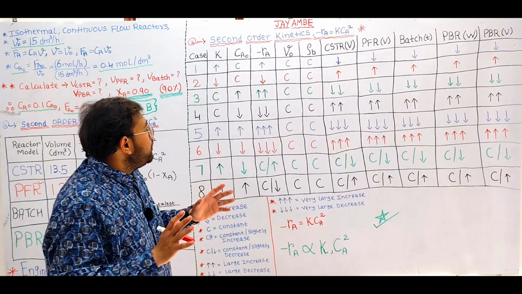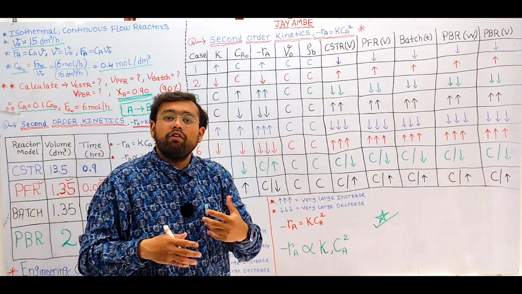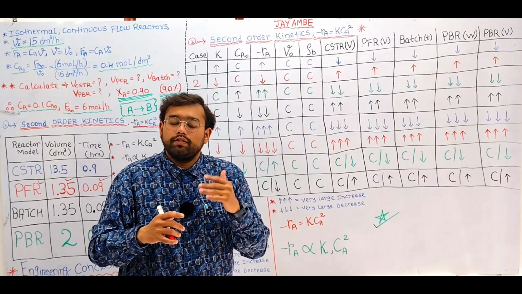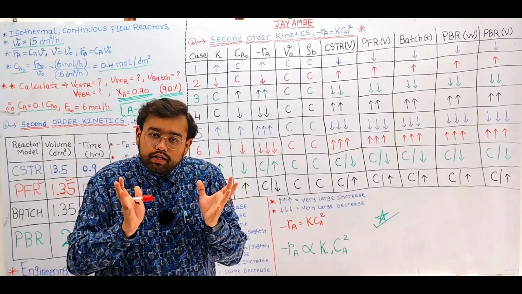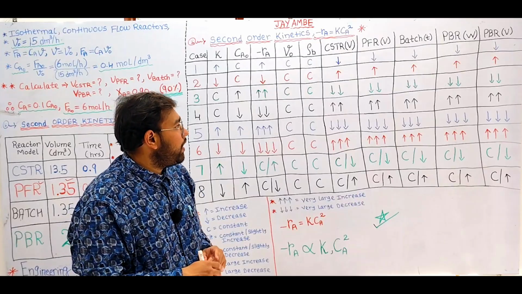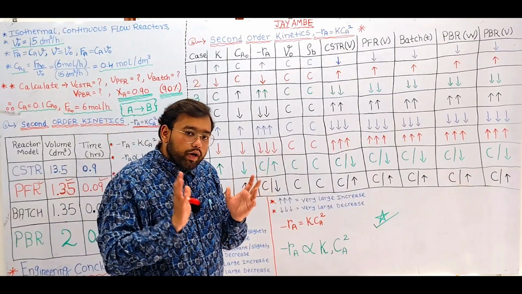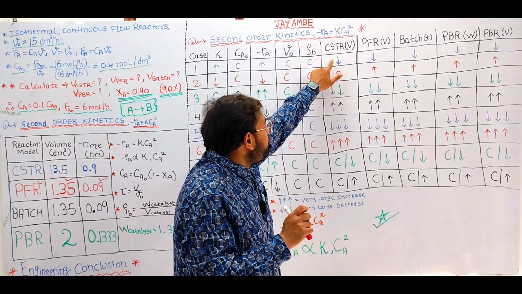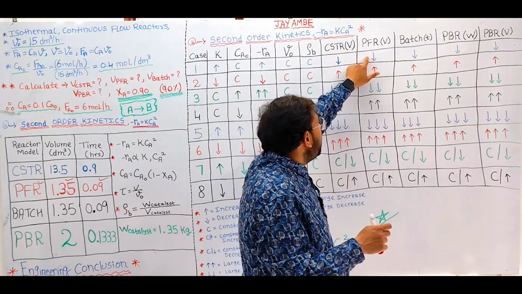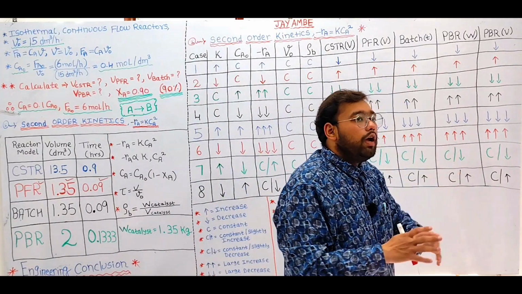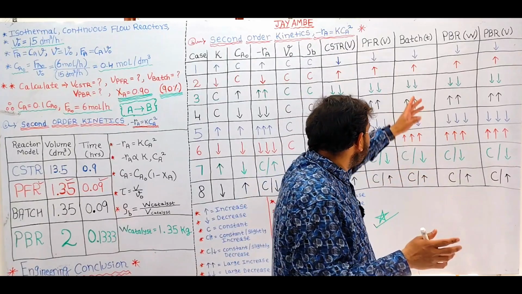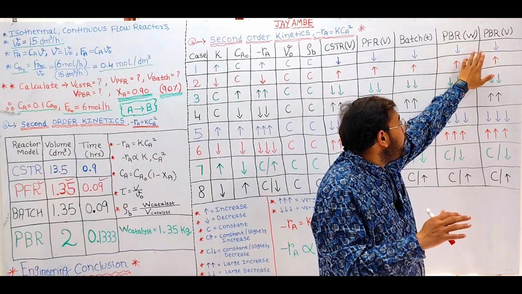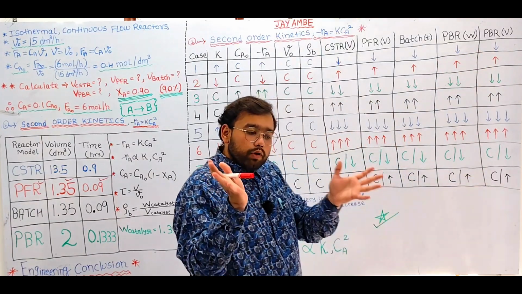Since the speed of the reaction has increased, we now require smaller reactor volumes in order to achieve the desired conversion. We require less reaction time to achieve the desired conversion, right? And we will require lower weights of the catalyst to achieve the desired conversion, right? So the required volume of the CSTR will decrease, the PFR required volume will decrease, the time requirement to achieve the desired conversion will also decrease, right? The weight of the catalyst will also decrease, okay, and the volume of the packed bed reactor requirements will also decrease